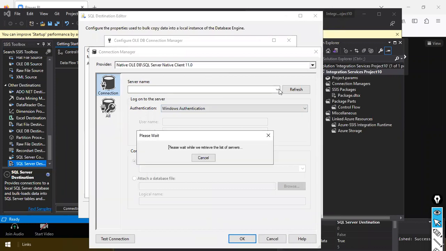It should display here the server that we have installed recently. It is not showing it here. Okay, let me probably reinstall it. I'll just show you tomorrow.